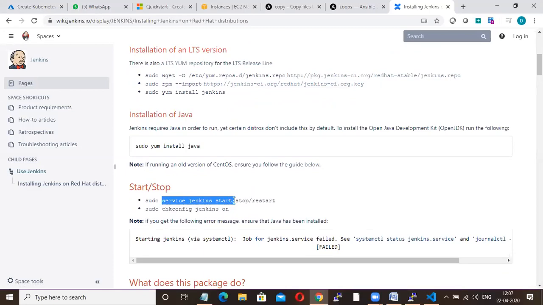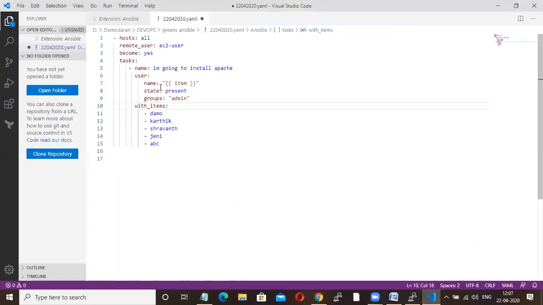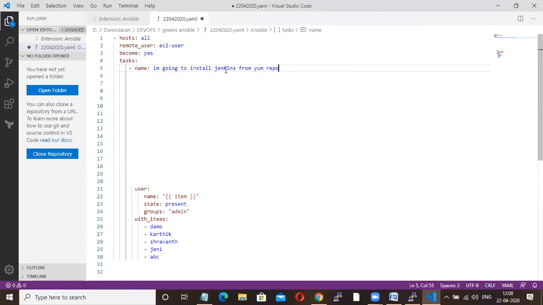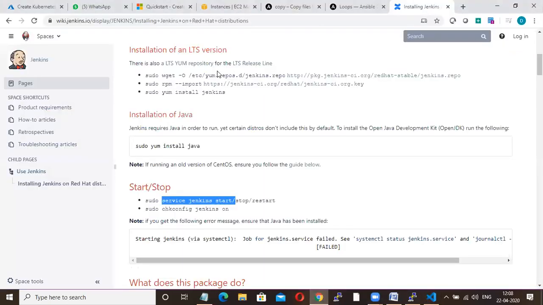Now just go here. I'm going to install Jenkins from the yum repo. This is my first step. They are asking me to download this Jenkins repo from this URL.